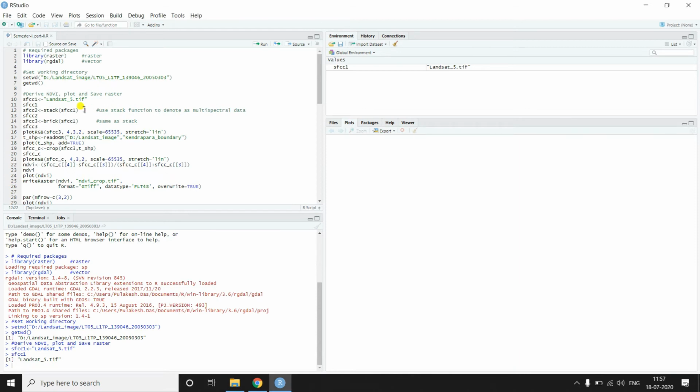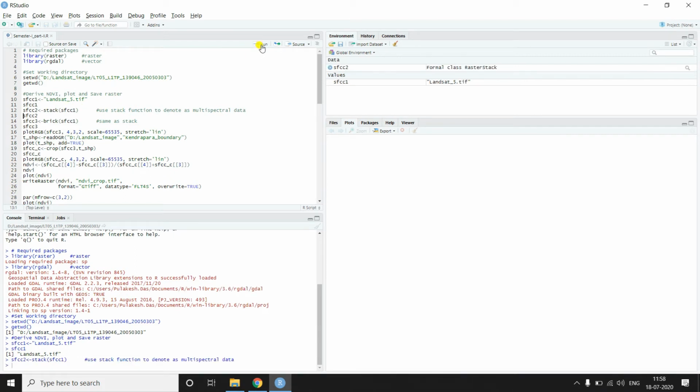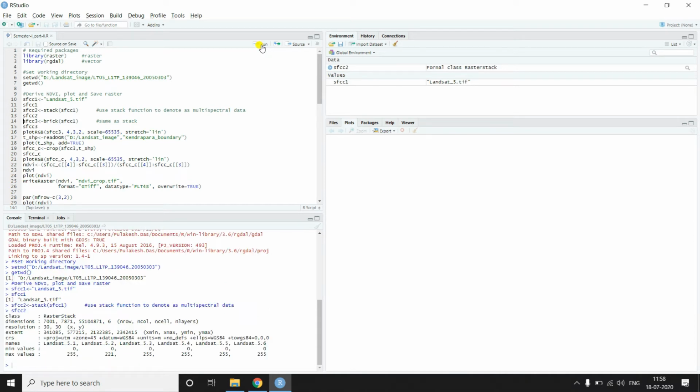I'll save the output in another variable sfcc2, and if we use the stack function, it will declare this data as a layer stack image, and you can see from the data details it has 6 layers, and you can see the spatial resolution, the extent, the projection information, and minimum and maximum values for each band.